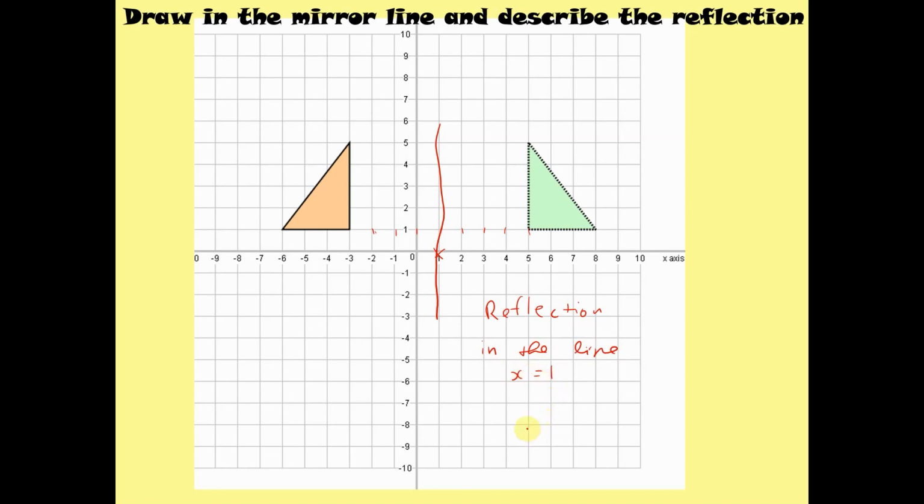Okay, that is how we describe a transformation which is a reflection. Okay, reflection in the line, and we must write the line x is equal to 1. So as you can see, that is the line of reflection, and it is reflection in the line x is